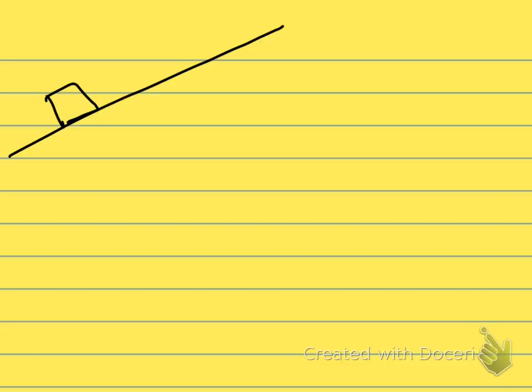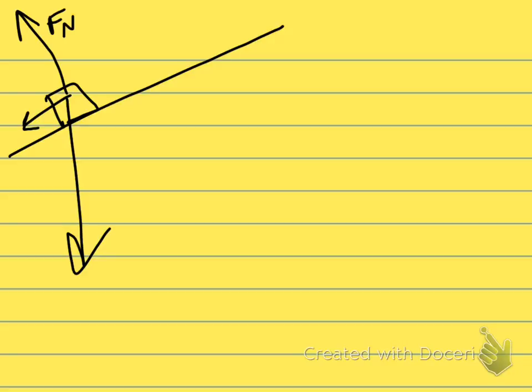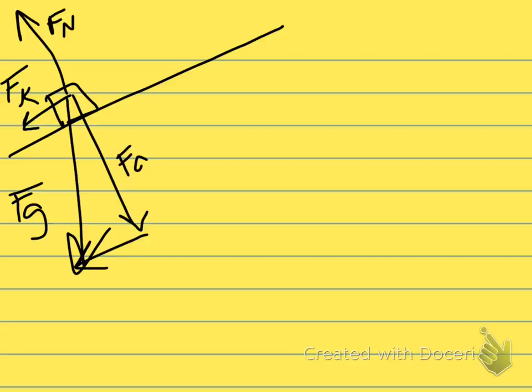So the forces on the monkey, and a free body diagram is tremendously helpful here. I'm drawing it very badly. We have no force that way. So we've got the normal force, of course. We have the force of kinetic friction. We have the force of gravity. And of course, we can divide out that force of gravity into an F of gy and an F of gx. FGY is going to equal mass, gravity,